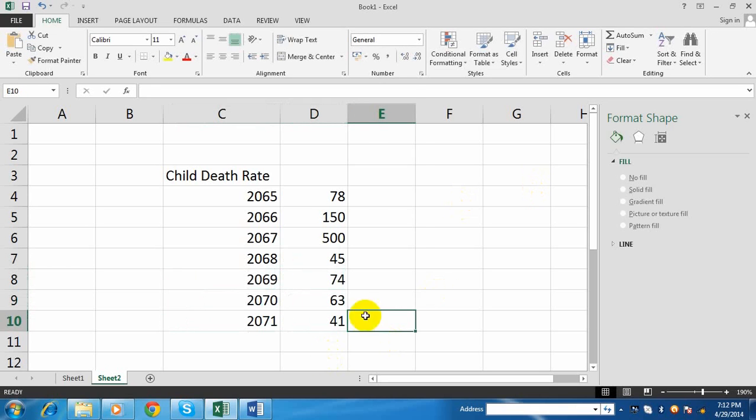Okay, now let's display this data in any desired chart.